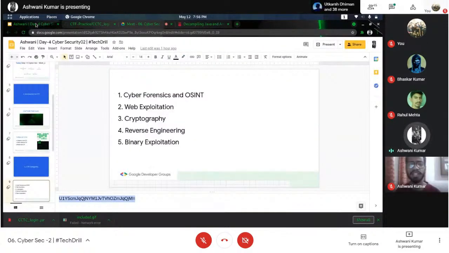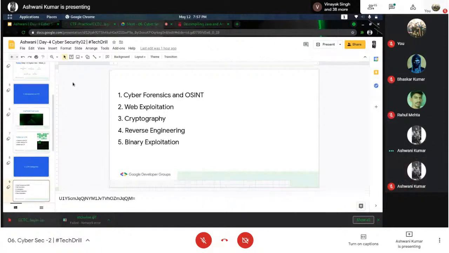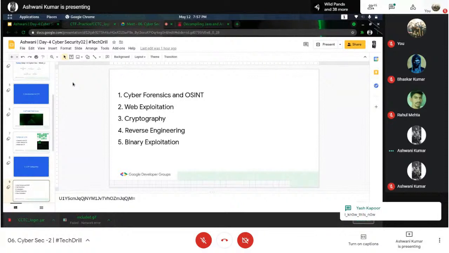For binary exploitation, you must have heard about something like a buffer overflow. What does this buffer actually mean? Buffer. Yeah, that's the right answer. So you have to decrypt that two times.